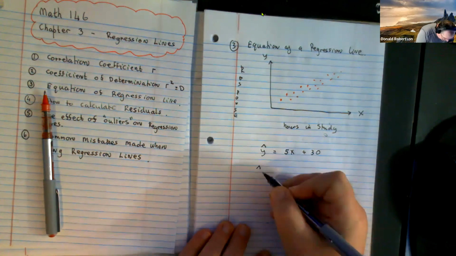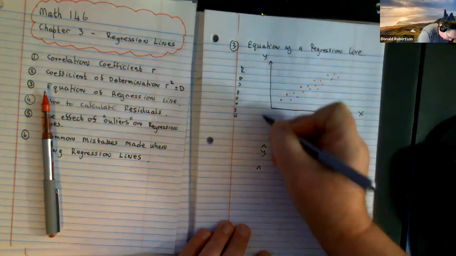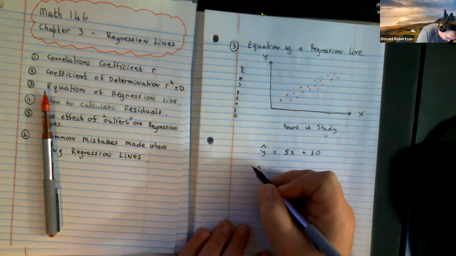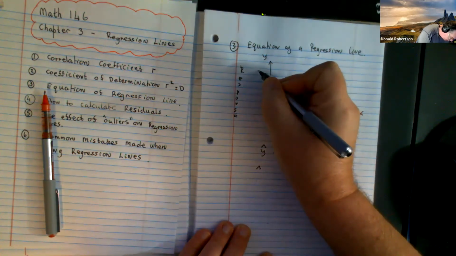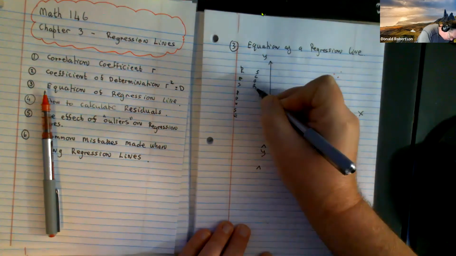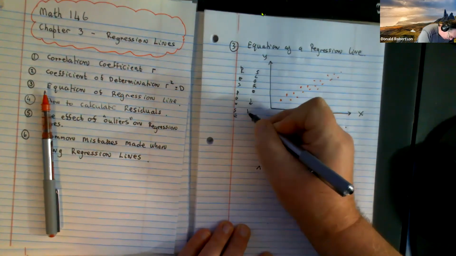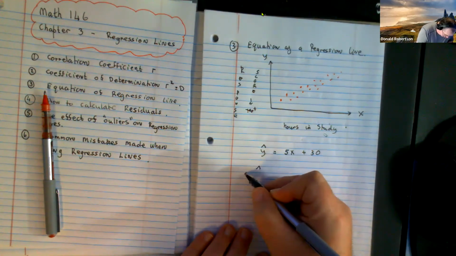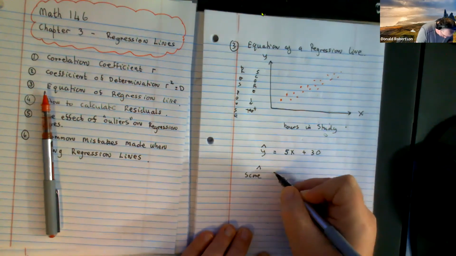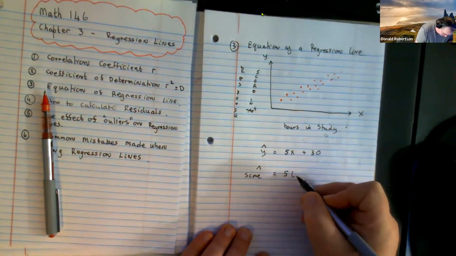We would say predicted score, so hours of study and scoring a test. So you would say the predicted score that you got in a test would be 5 times the hours of study